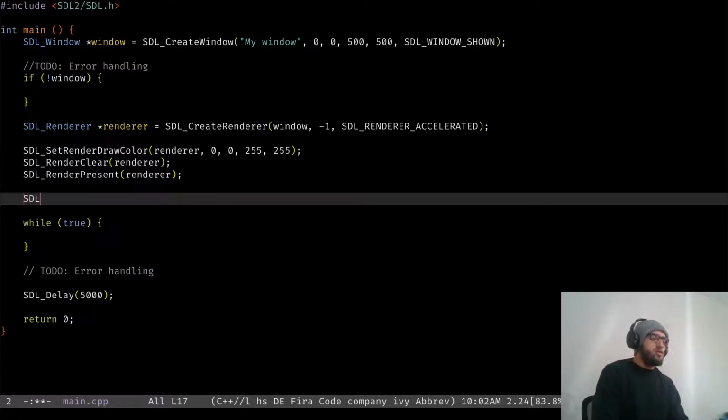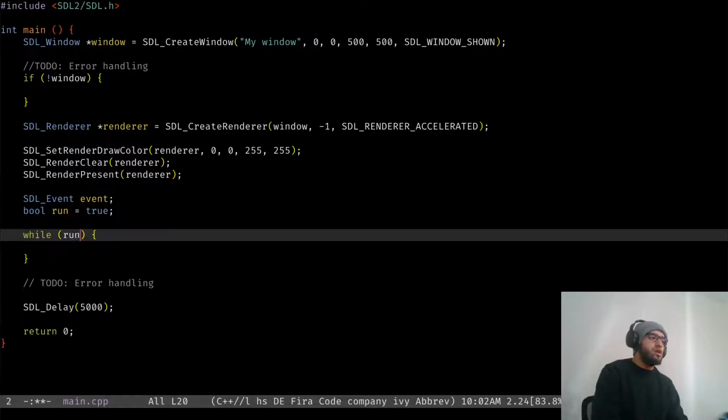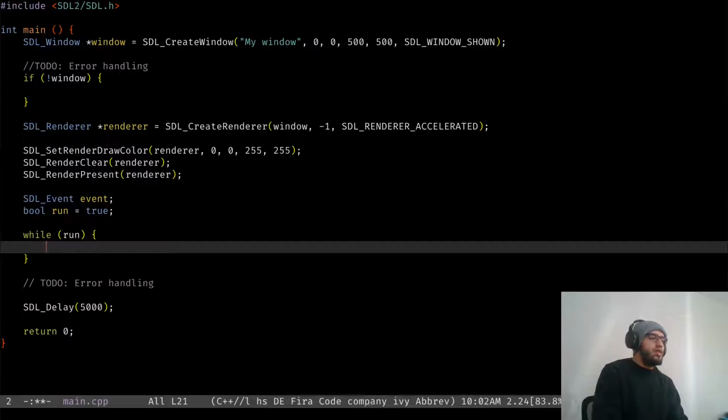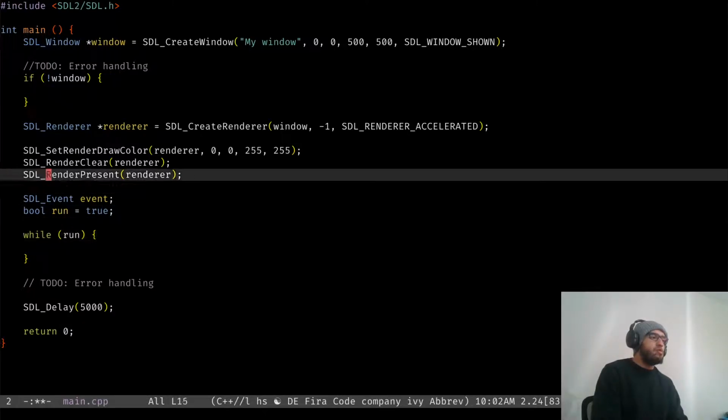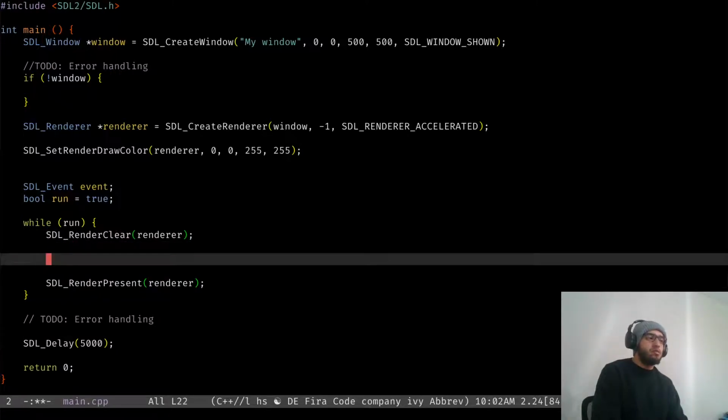So we will need to define, first of all, an event variable with the SDL event type. And then we'll also need to define a run variable. So essentially, run while this is still true. Then we will need to move our render clear and present functions over here, because we're going to clear the screen and